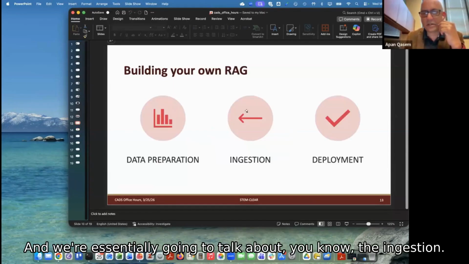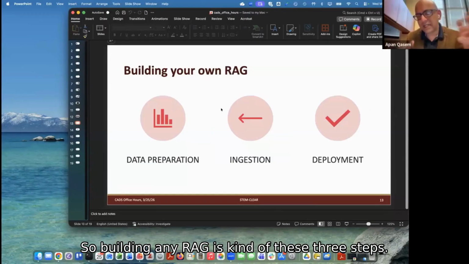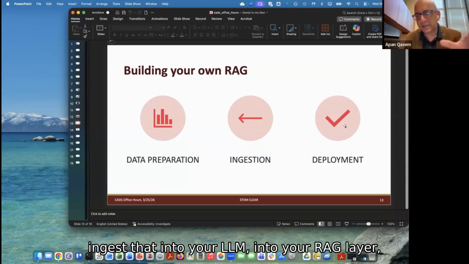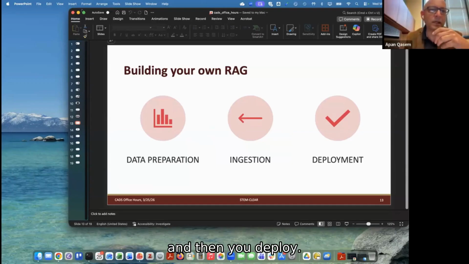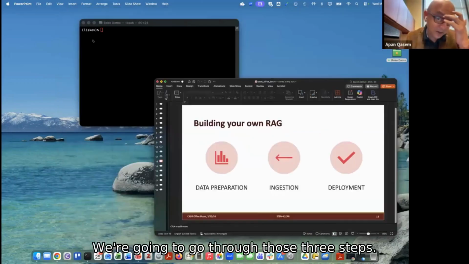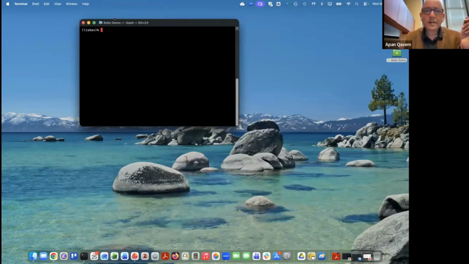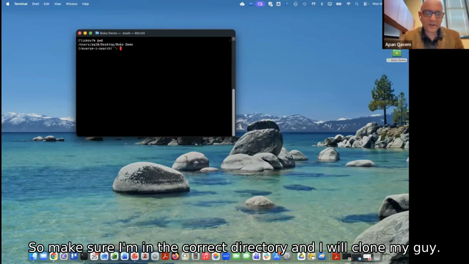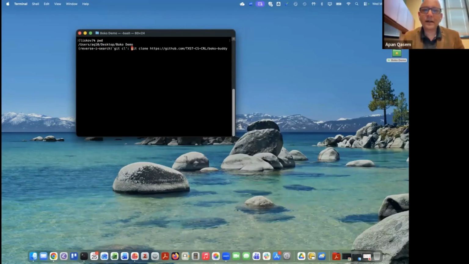We're essentially going to talk about the ingestion. Building any RAG is these three steps: you first create the database, you ingest that into your LLM, into your RAG layer, and then you deploy. We're going to go through those three steps. So let's go ahead. Make sure I'm in the correct directory, and I will clone this.